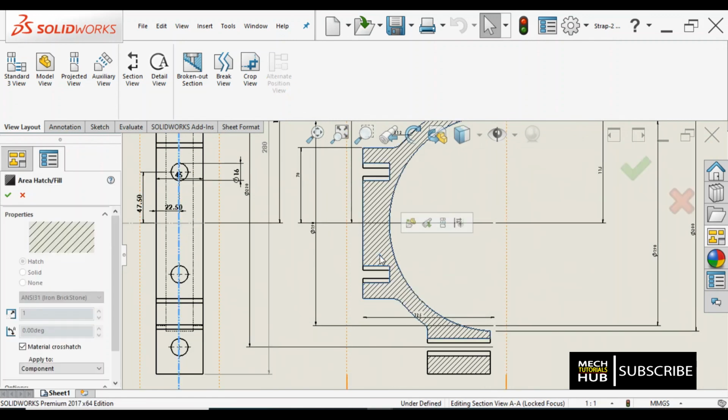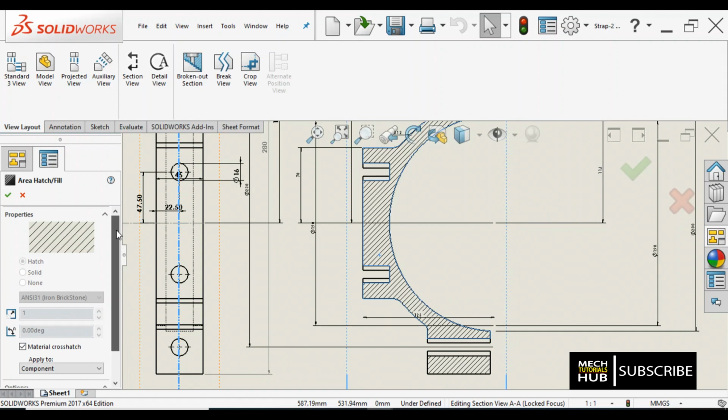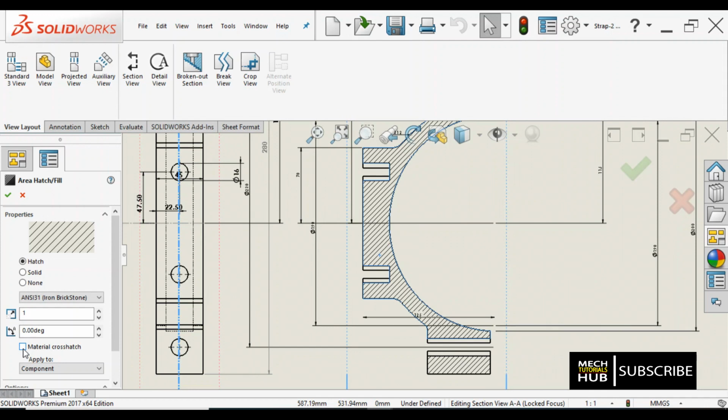Okay, and one more thing is you can directly click on hatching also. Okay, directly click on hatching, and if you want to change the angle, or else if you want to change the distances, offset distances in between, that can also be done. Okay, material cross section. Okay, if I uncheck this, hatching can be made as a solid also. That is also one of the options available. Okay, you can change the degrees also. I'll just try to make it 30. You can have a look at it. I'll just make it 45 degrees. Those got changed. Okay, so every other thing is possible. I'll just make it 90.